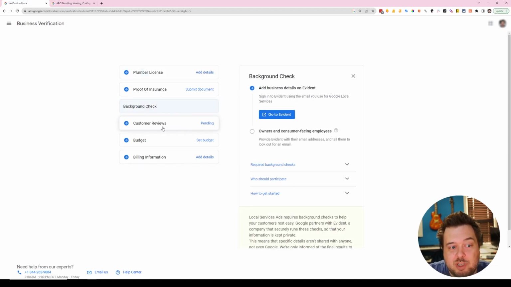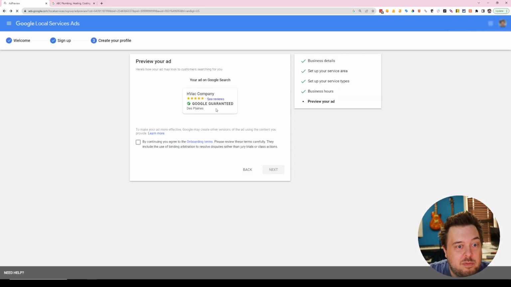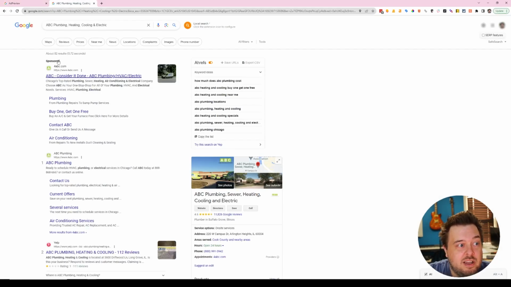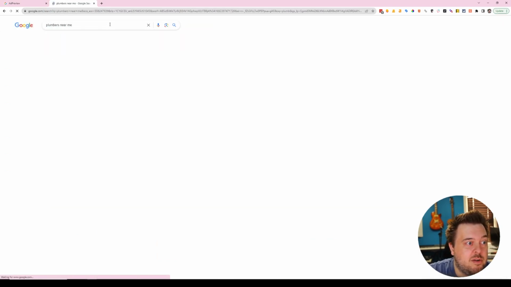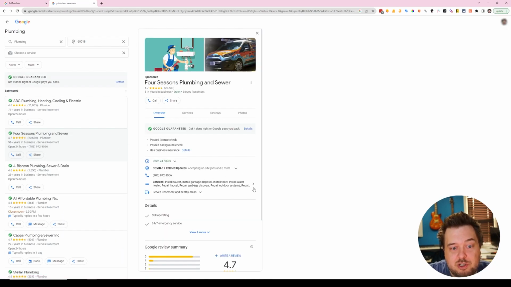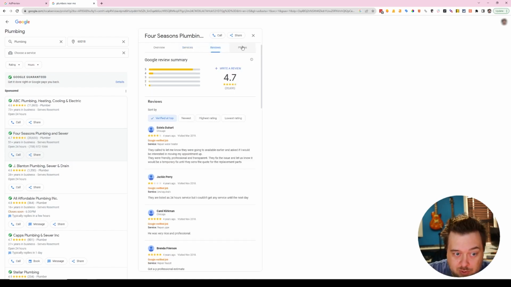There's not a lot of complicated stuff to set up in here. If you don't remember from this page, this is what it looks like. These are plumbers near me. That's all it really shows in the ad. And then once you click on it, this just shows the information about your business. This shows the list of tools. Remember the list of services? If you remember me checking on that page, all the stuff that you're willing to do. Reviews, they import from